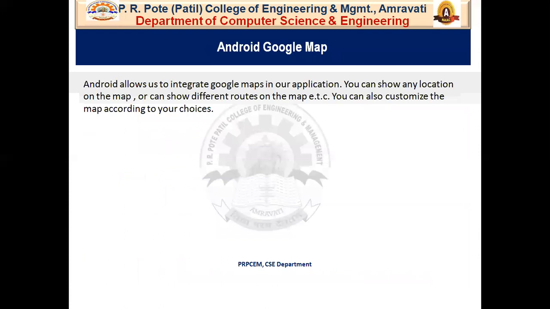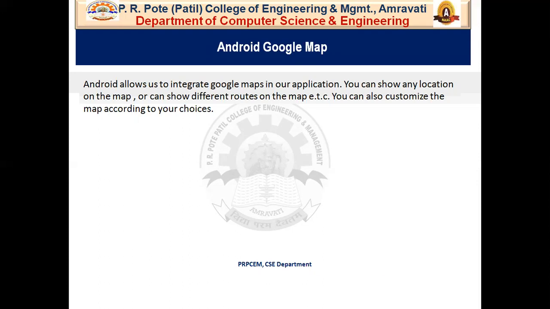After that, we have Android Google Map application. Android Google Map is very popular, and I think everyone knows about the Android Google Map. So Android provides facility to use and integrate Google Map in our application.